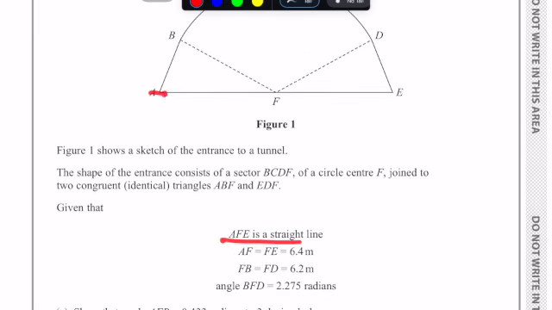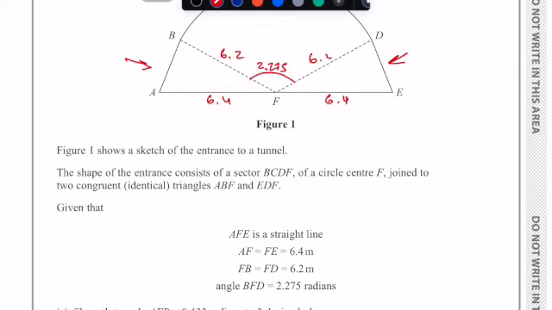AFE is a straight line, which means that the angle here is 180, or in other words, pi. We have FE equals EF, AF equals FE equals 6.4. So we have here, both of them are 6.4. We have FD and FB are equal, so it's 6.2, which means also that DE is equal to AB. In all cases, we have the angle BFD is